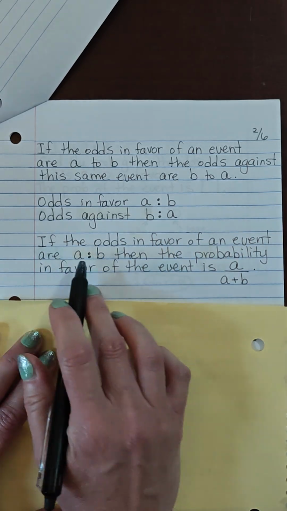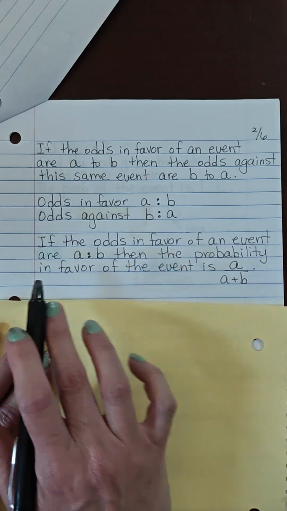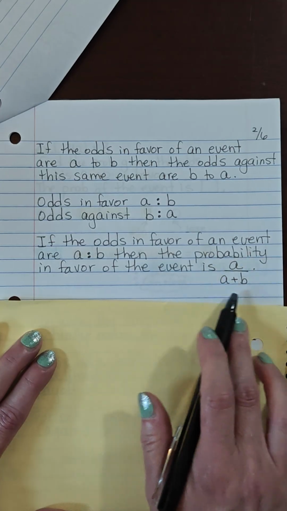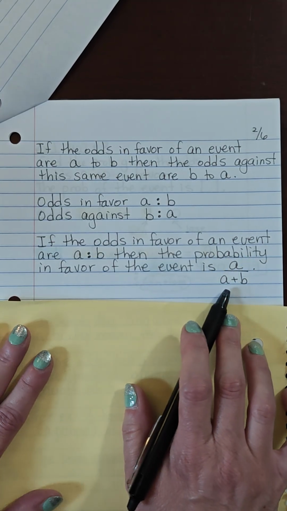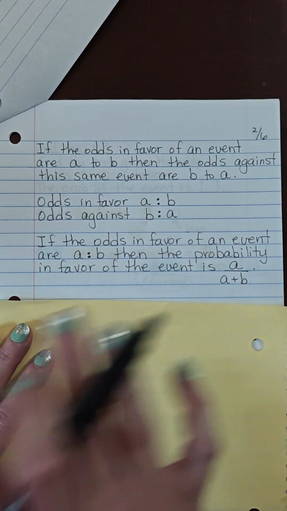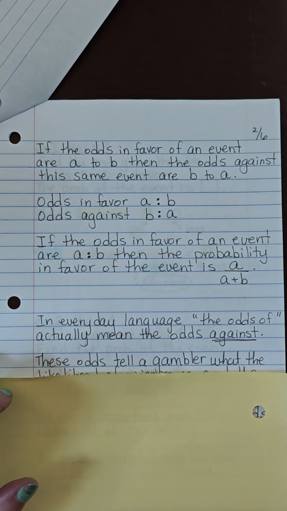If the odds in favor of an event are A to B, then the probability in favor of the event is given by this formula. I'll explain that a little bit more as we go. Okay, so